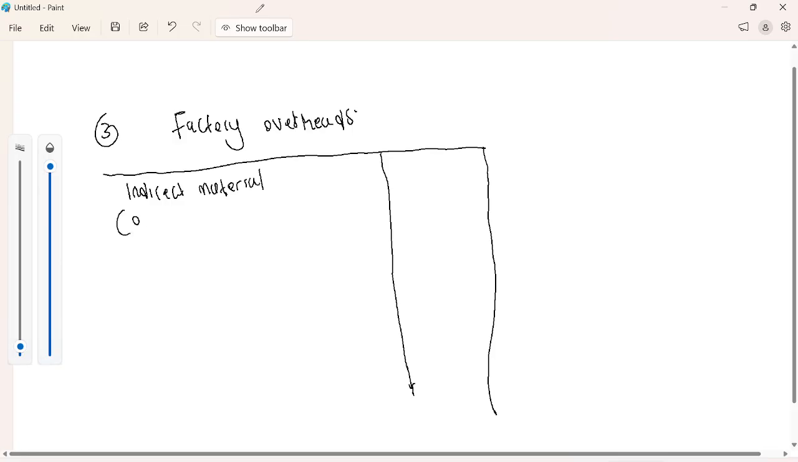So you say opening balance of indirect material plus purchases of indirect material minus closing balance of indirect material will give you your indirect material that goes under the factory overhead. Do not forget, you always start with your indirect material, right? So we also have indirect